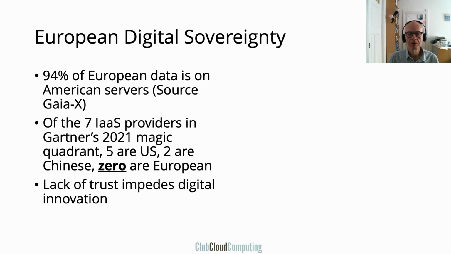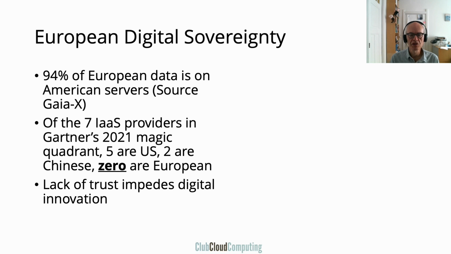The next strategic issue that I'd like to discuss is digital sovereignty, in particular for Europe. Data has it that 94% of European data is on American servers. The Gartner Magic Quadrant on IaaS lists 7 major infrastructure as a service providers. 5 are US, 2 are Chinese, none of them are European. And this brings to many of my clients a fear that they have no control over their data. As a result, many digital innovation and digital transformation initiatives get impeded by this lack of trust